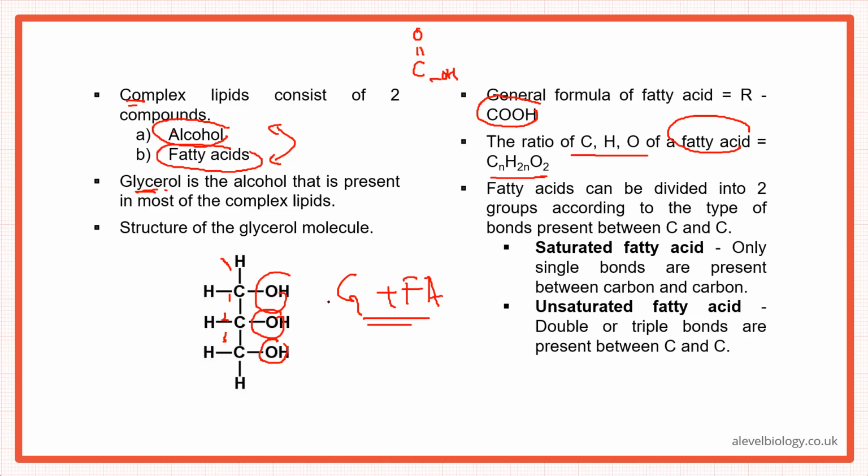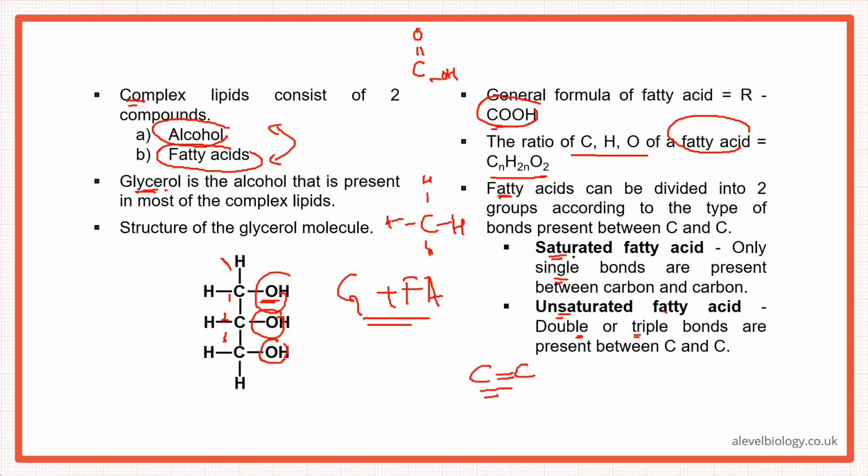Because the reaction generally happens between the functional groups, the OH group from glycerol and the carboxylate group from the fatty acid will make the ester bond. When we talk about fatty acids, not glycerol, we can have saturated fatty acids and unsaturated fatty acids. For that, we have to look at the bonds. Since we have a carbon chain, in saturated fatty acids only single bonds are present between carbon and hydrogen. But in unsaturated fatty acids, we can have double or even triple bonds sometimes, and these bonds will be present between carbon atoms.